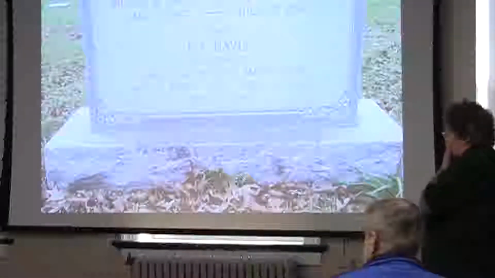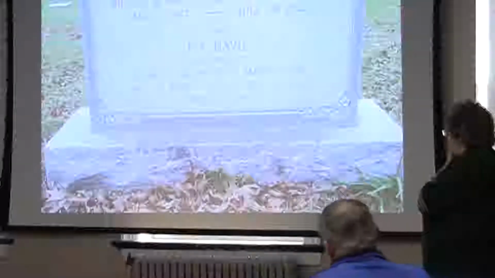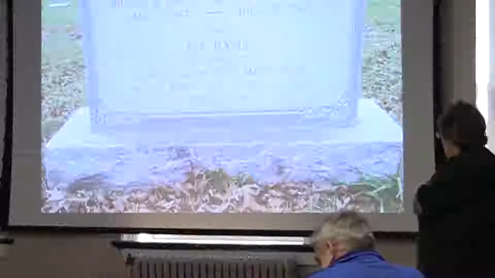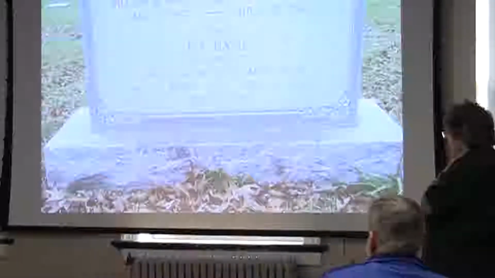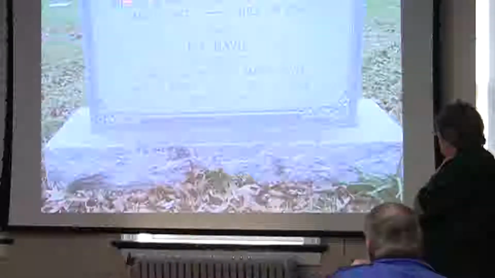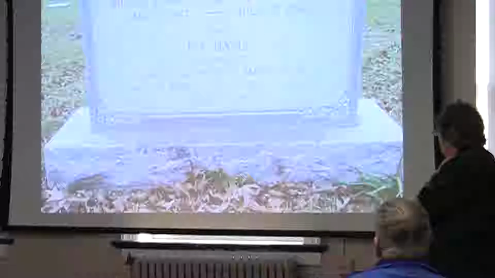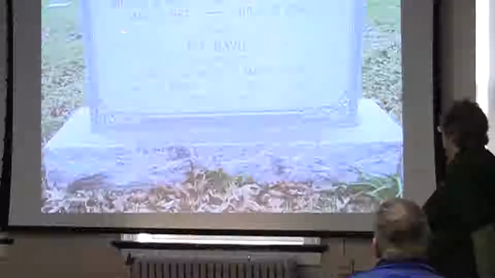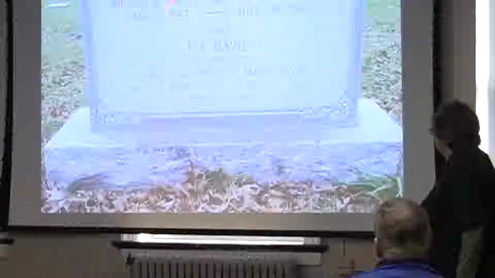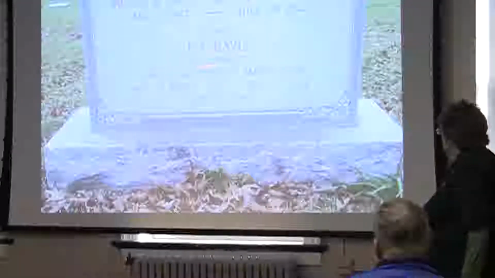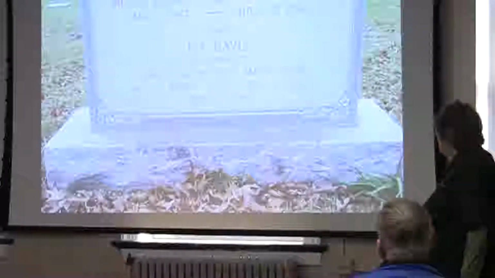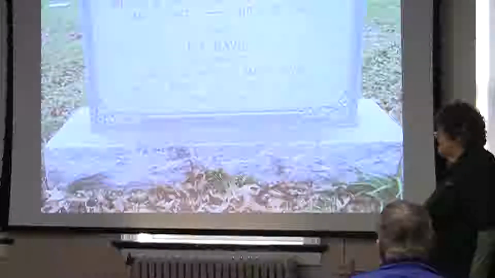Okay, this is a really good tombstone. Sometimes the tombstone you find says, "J.H. Smith, 1900 to 1950." Thanks a heck of a lot, right? This one is amazing. You've got his full name, you've got his parents' names, including his mother's maiden name. These are his dates, not theirs, but anyway. Then you've got his wife, you've got her parents, you've got her dates exact, and you've got their marriage date,